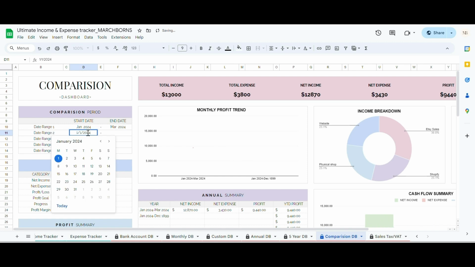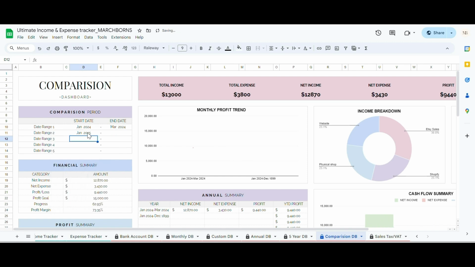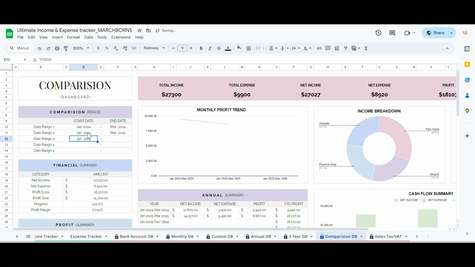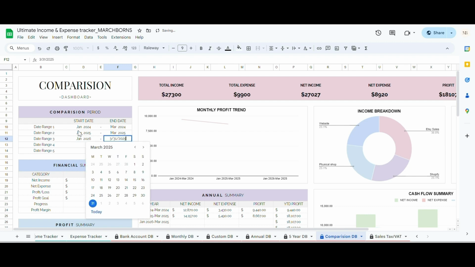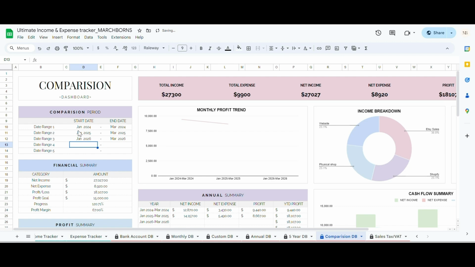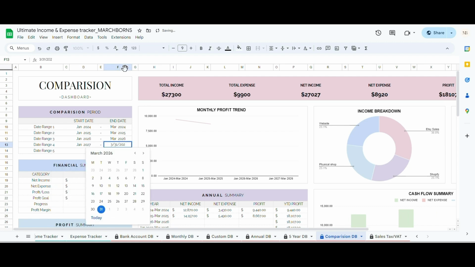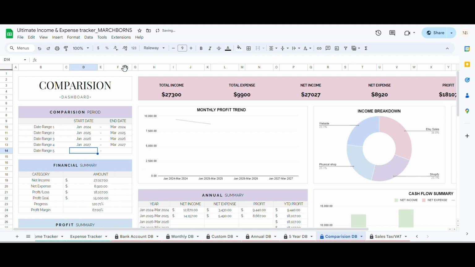date. In period range 2, I'll select January 1st, 2025 as the start date and March 31st, 2025 as the end date. In period range 3, I'll select January 1st, 2026 as the start date and March 31st, 2026 as the end date. In period range 4, I'll select January 1st, 2027 as the start date and March 31st, 2027